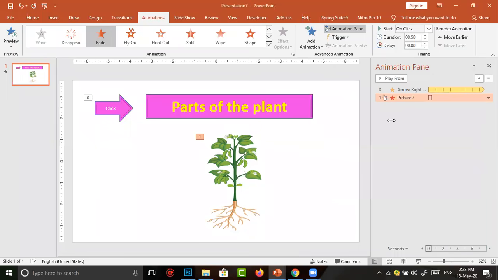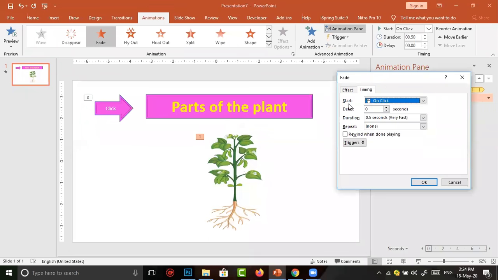We are going to give some trigger part. This picture should disappear at the click of this one. So I have to first give the disappearance of this picture. Select this one, add animation, in add animation choose exit, in exit I am giving the fade effect. Okay. Then select the down arrow, go to timing.